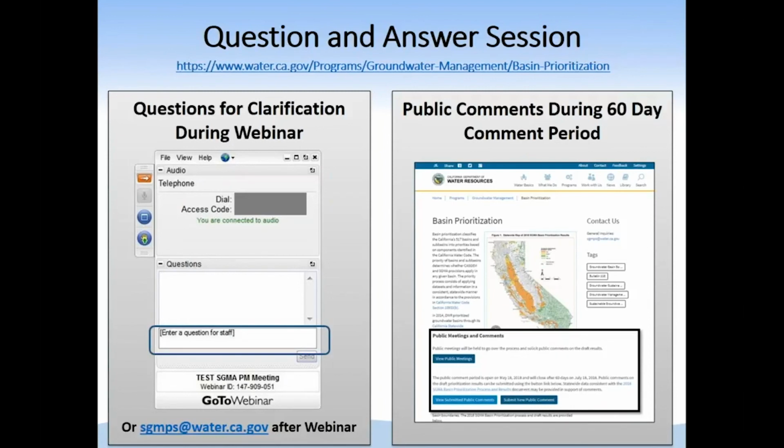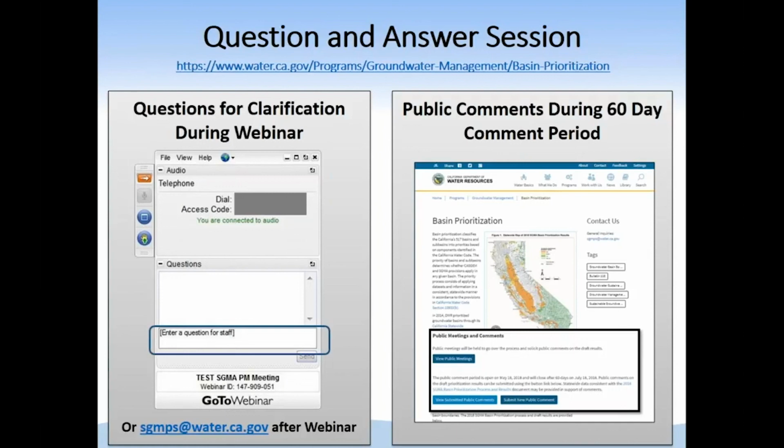We have a question through email too. The question reads, currently our basin is shown as pumping less than 2,000 acre feet, which of course is the threshold for which the basin is deemed very low. In the future, if it's found to be more than 2,000 acre feet, what happens? How often does DWR reprioritize basins?